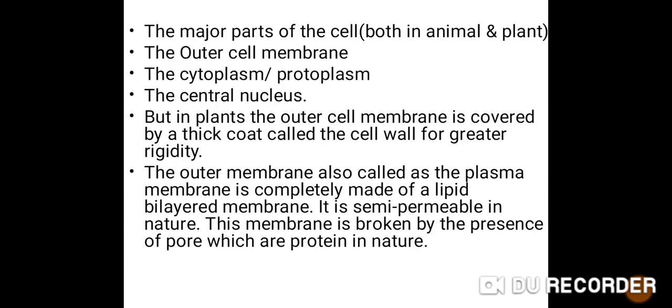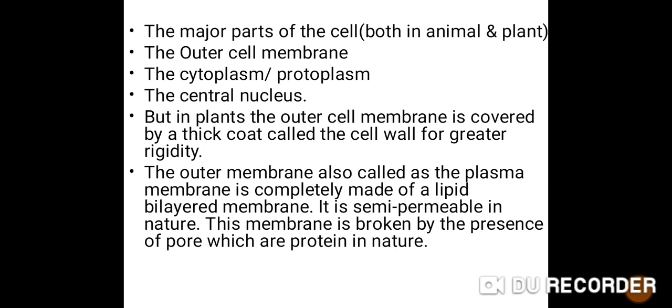And coming to the parts that are very essential to both plant and animal cells are the outer membrane, the cytoplasm or the protoplasm, and the central nucleus. But in plants, the outer membrane is covered by a thick coat called the cell wall for greater rigidity. The outer membrane is also called the plasma membrane, and this is completely made up of a lipid bilayer